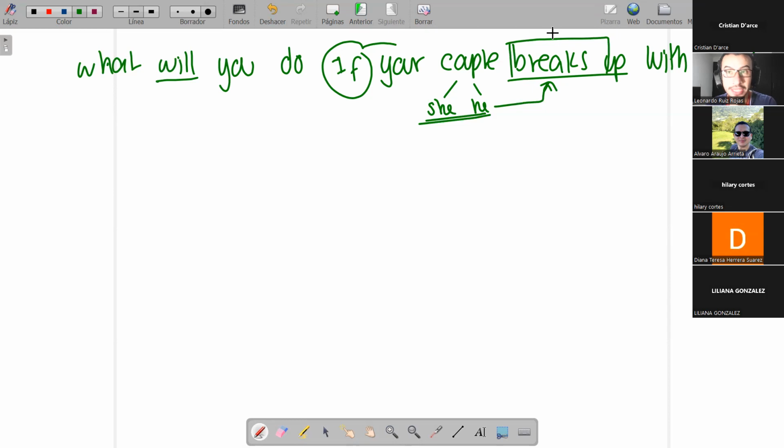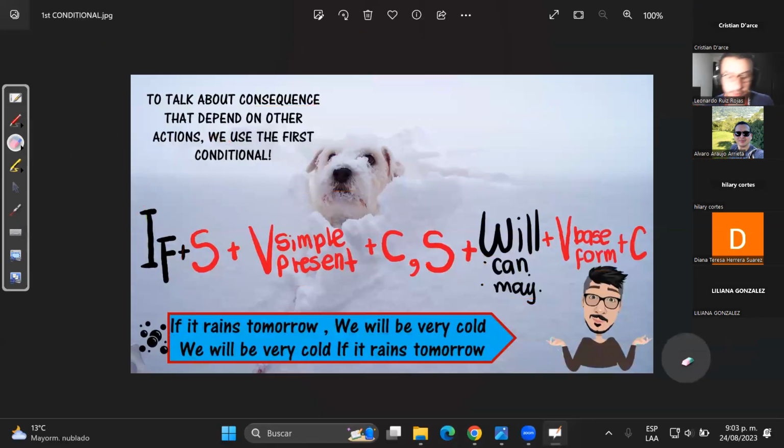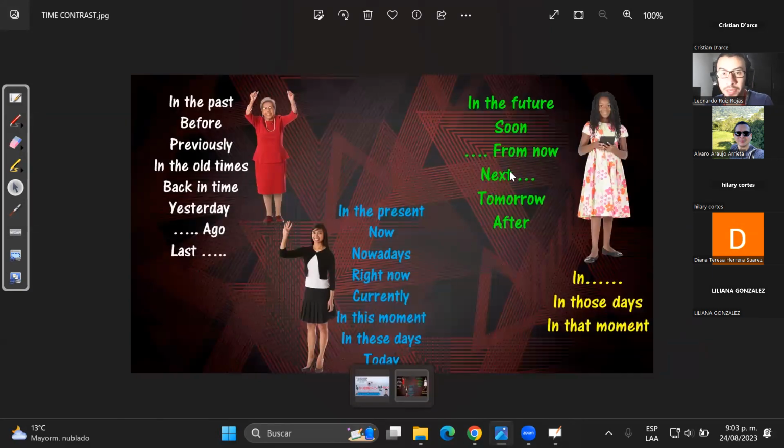Entonces, that's the first conditional. Básicamente, ese es el primer condicional. Es muy sencillo de usar. And that's it. Listo. In terms of today, we talk about two different things. The first conditional, like mentioning the possible consequences of a condition. And also, we mentioned the time expressions that we saw for contextualizing and making clear in what tense I'm working. Cuando hablamos de diferentes tiempos o empiezo a contrastar los tiempos, es necesario usar estas expresiones para no perderme en el texto. ¿Listo? Ready? Those were the two topics of the week number 6.